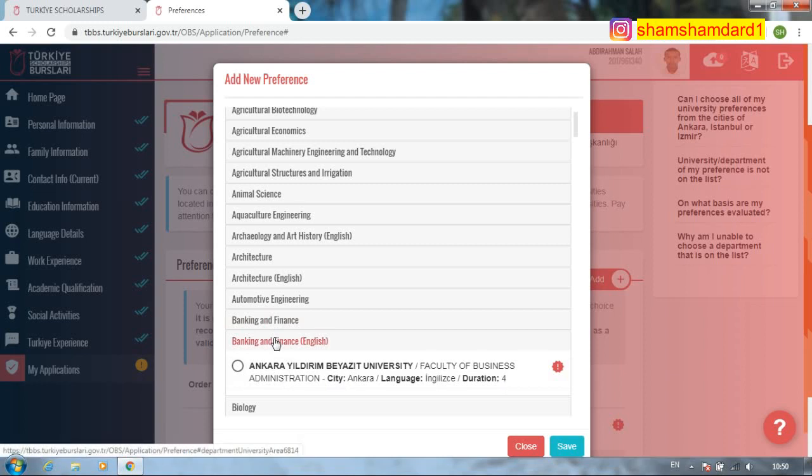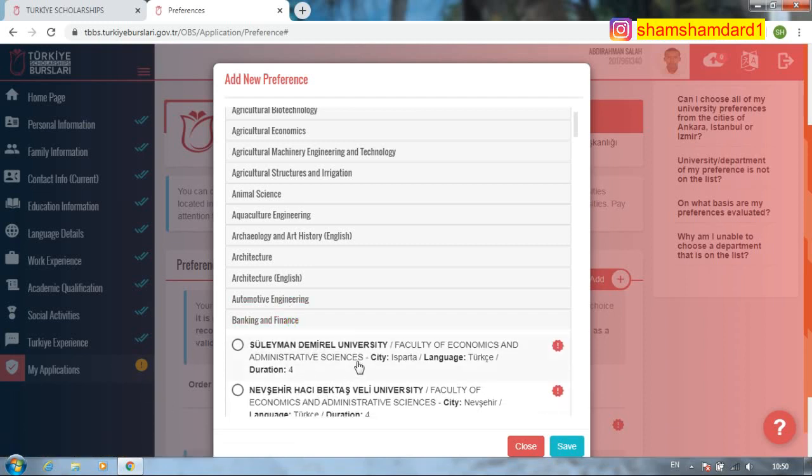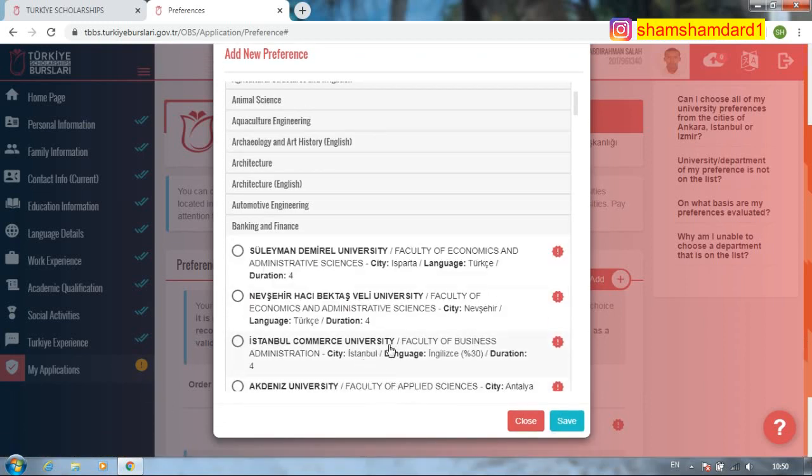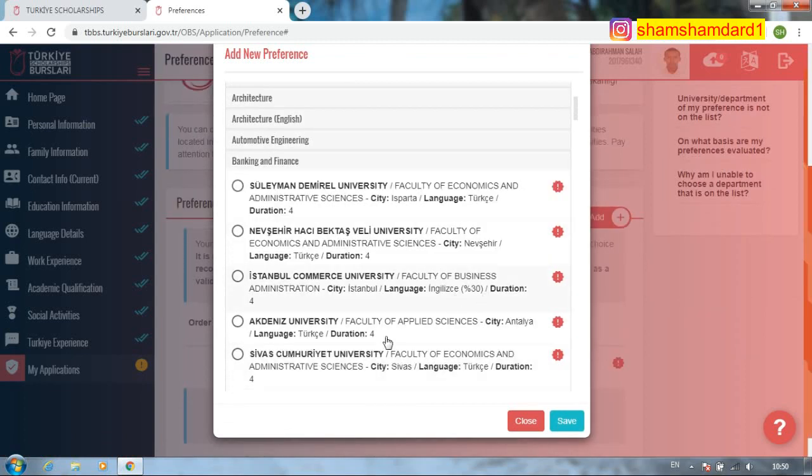And this is the important part that you have to think about when you are applying. These parts are very important. So I'm selecting banking and finance. First I will select the university that I see I am eligible for. You have to search the internet about these universities. For example, I will select